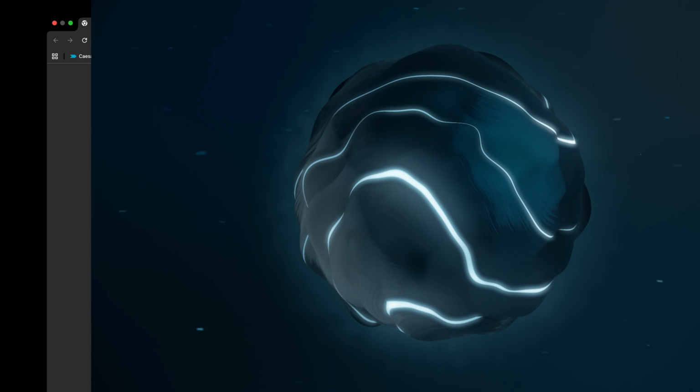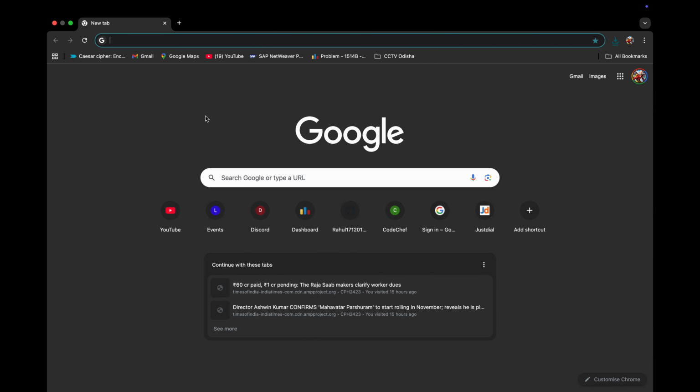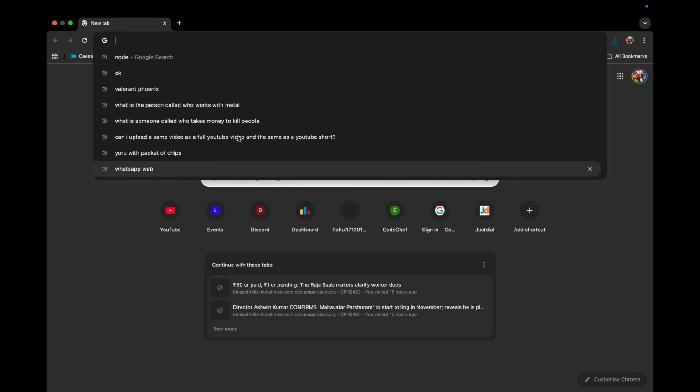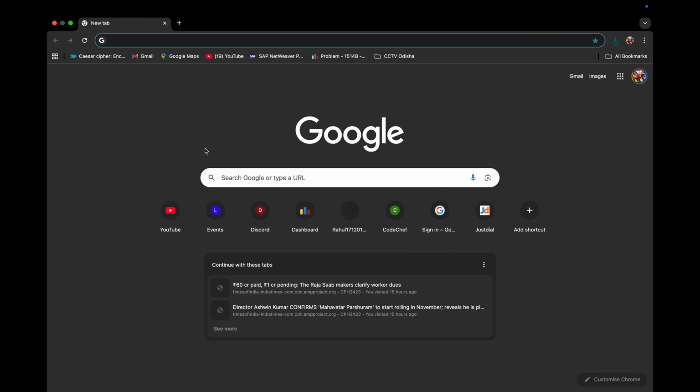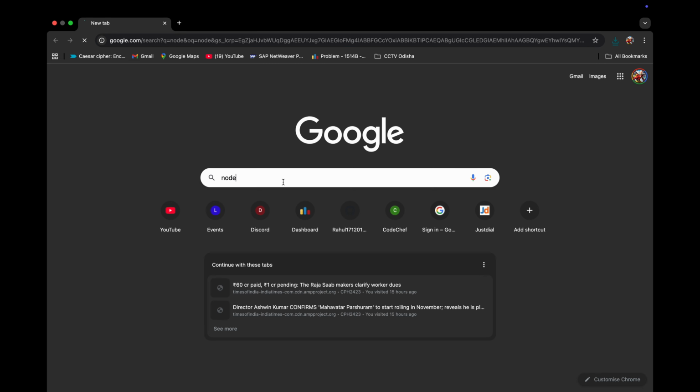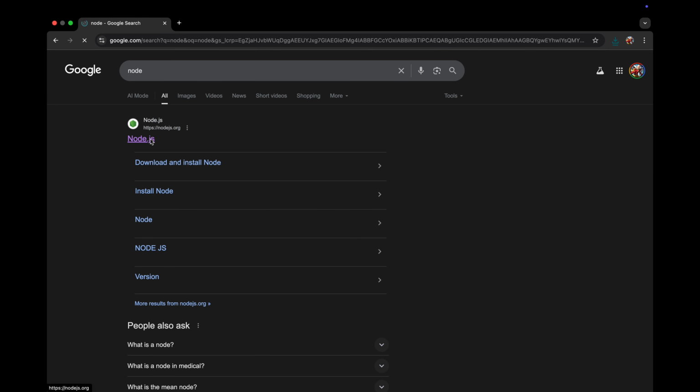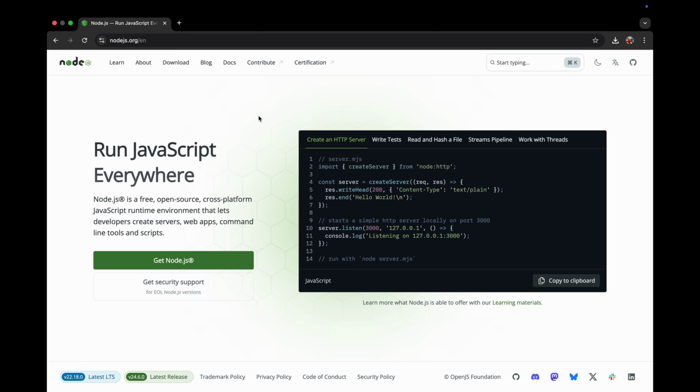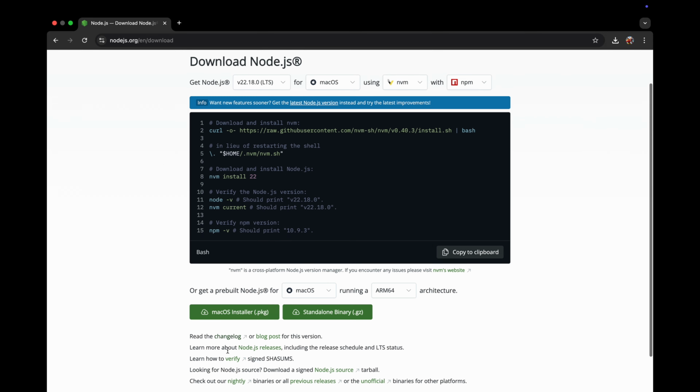So, let's get started. Today, we will be looking at how to set up a new Next.js project. Firstly, you must have Node installed on your system. If you don't have that already, you can head over to your browser and search for Node. The first site that you see is the official website, so you can head over there. And then above, you can look for download, and then you can go ahead and download the respective package for